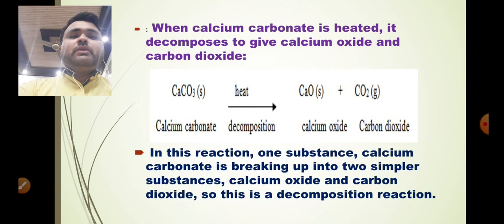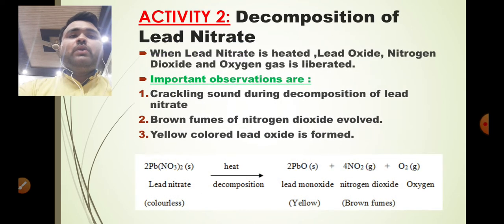Another example of thermal decomposition is the decomposition of calcium carbonate. When calcium carbonate is heated, it decomposes into calcium oxide, and carbon dioxide is liberated. Now look at this activity of